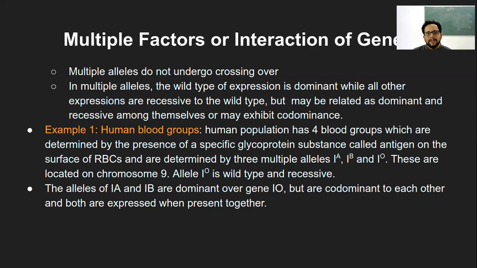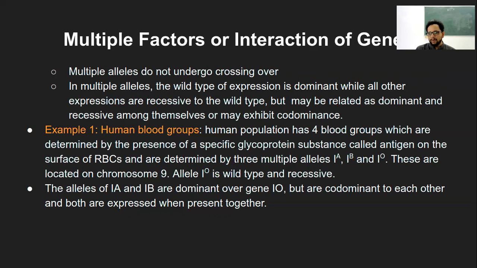That is the only possibility that I see. In multiple alleles, the wild type expression is dominant, that is obvious. Wild type, the naturally or originally present one, will be the dominant one, while all the other expressions are recessive to wild type, but they may be related as dominant and recessive among themselves, or they may exhibit codominance. So if there are more than 2 or 3 alleles, and the wild type will be one and the rest other,